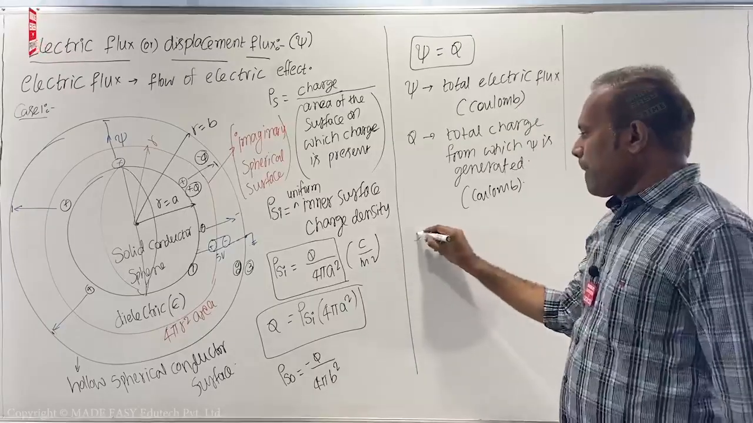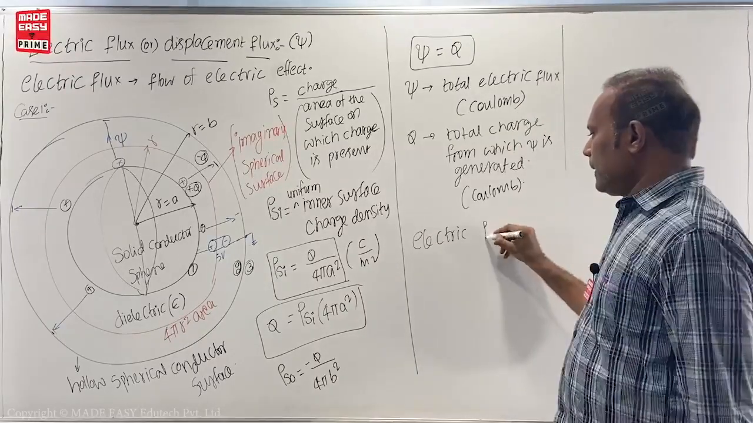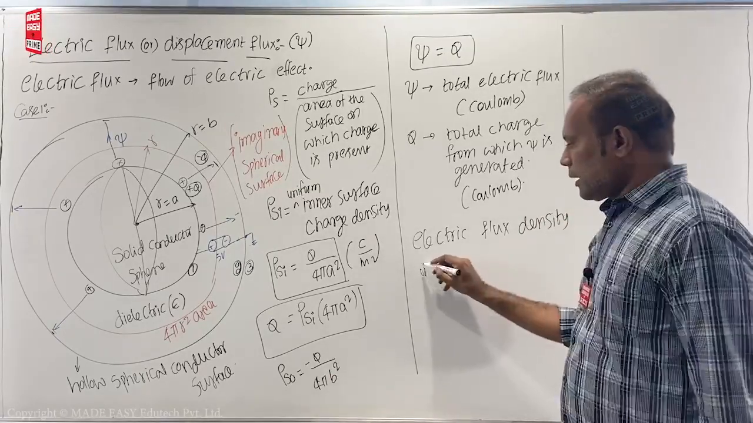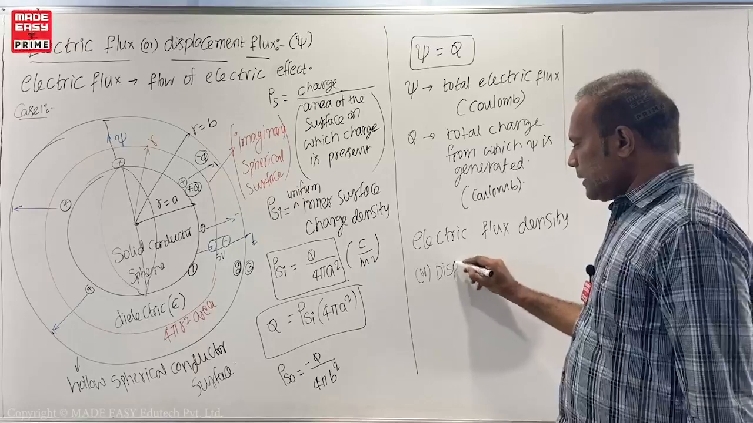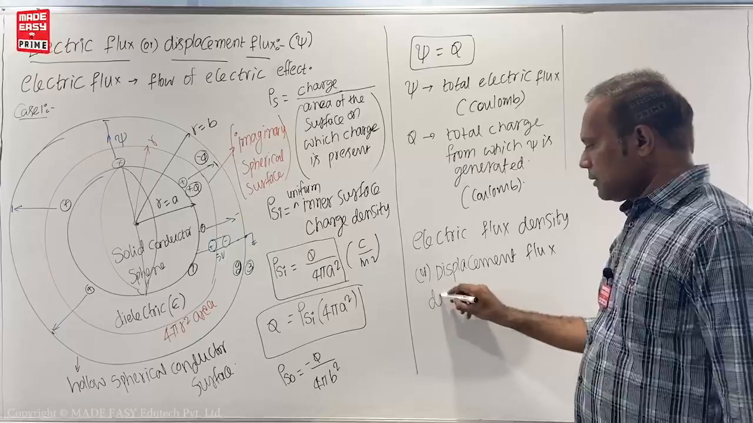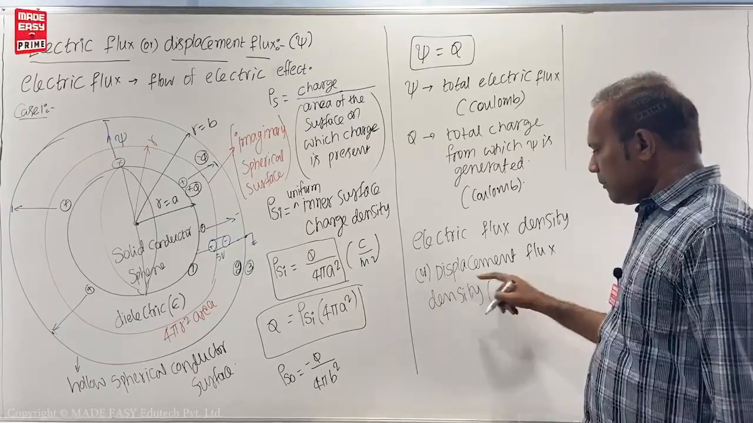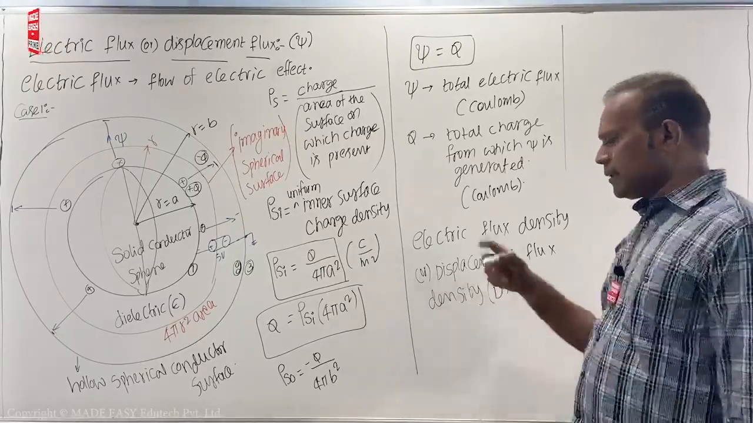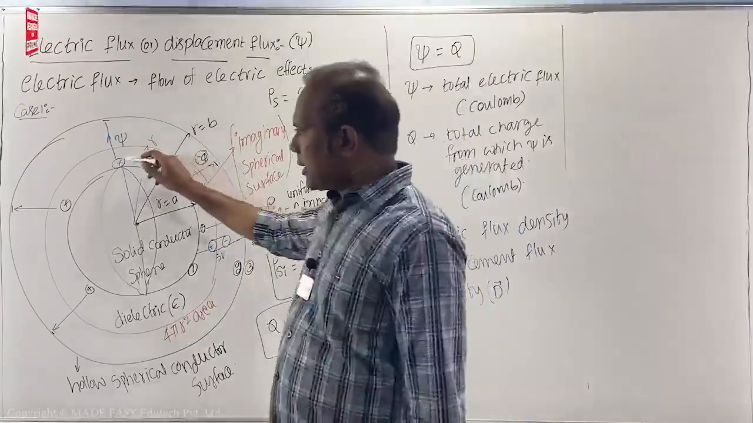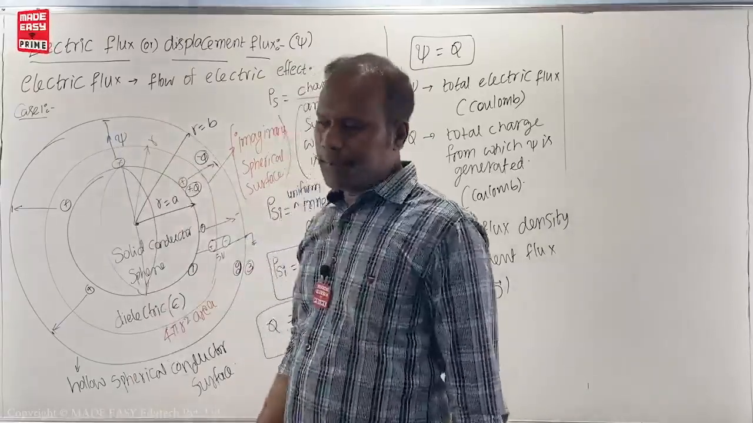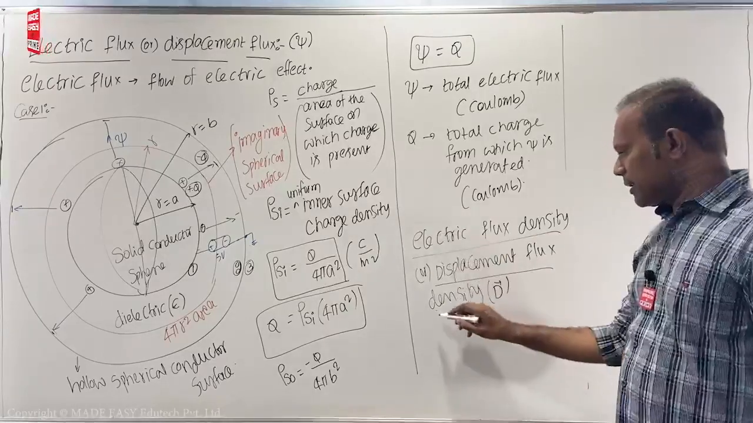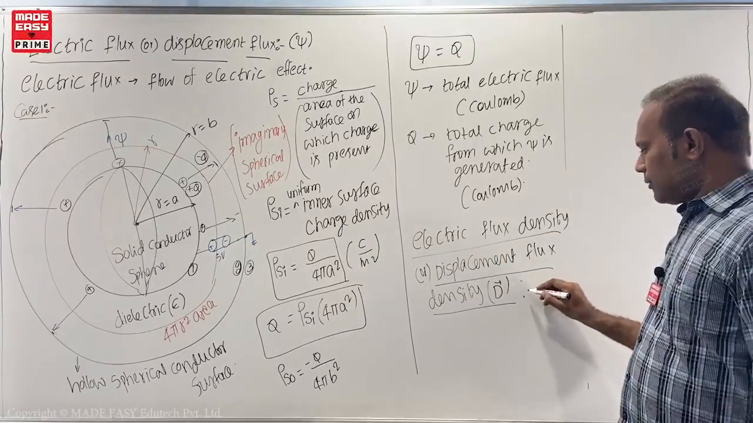So now electric flux density, or otherwise displacement flux density, has the symbol D, because displace means moving from one place to another place, since this flux starts on the positive charge and ends on the negative charge. So displacement flux density D bar, or electric flux density, is